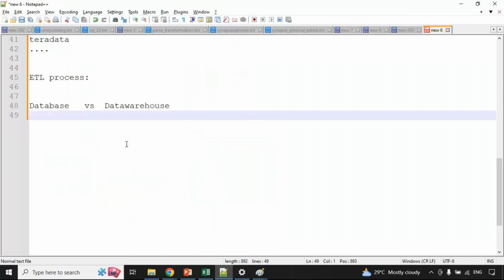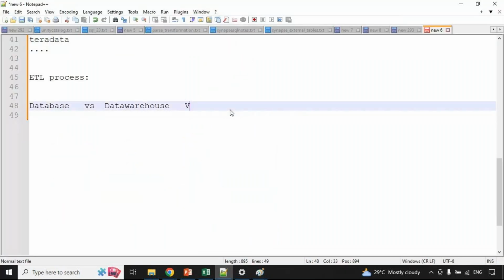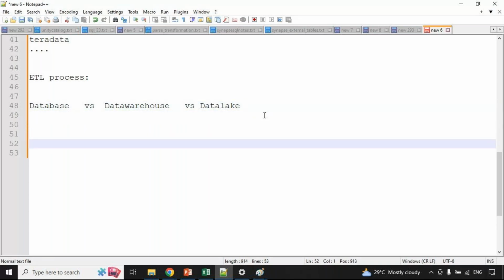we have one more terminology, a data lake, which is a distributed file system. What happens is, the traditional data warehouse maintains only up to a certain amount of data, and it maintains only structured data. So here, guys, we can see one more terminology, which is big data.